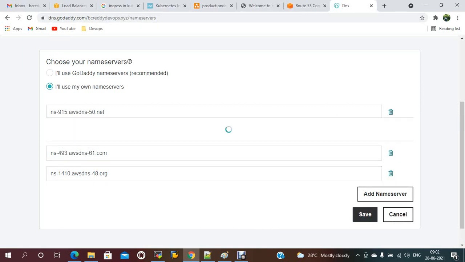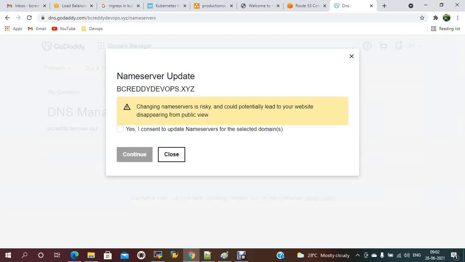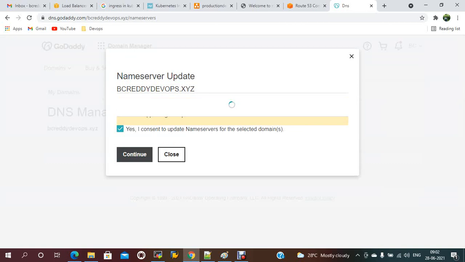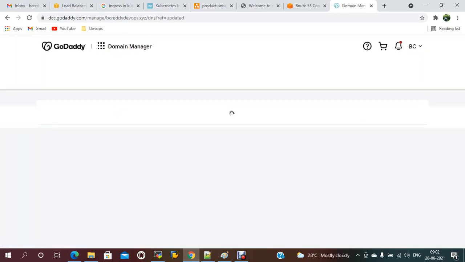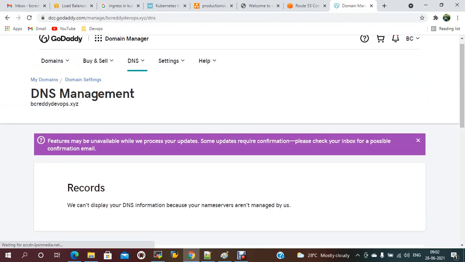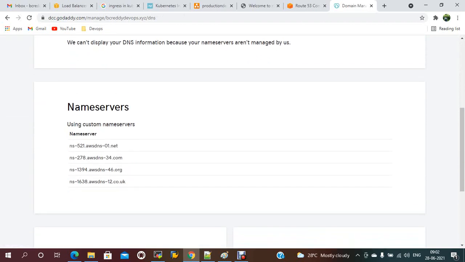And save. And now this is saved, with these values.